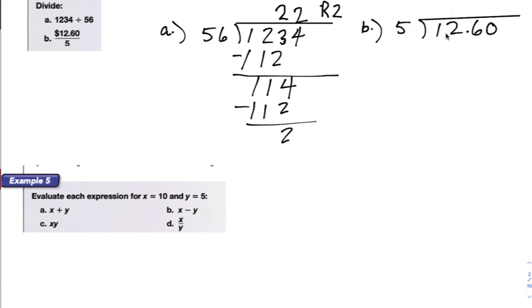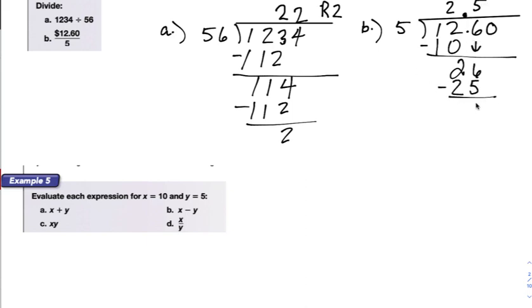5 can't go into 1, but 5 can go into 12, so we're going to start our work there, making sure that we put our first digit over this 2. 5 goes into 12 2 times. 2 times 5 is 10. When we subtract, we get 2, and then we're going to bring down the 6. I'm not going to bring down the decimal point, but the decimal point needs to be up here on the quotient line. So now 5 goes into 26 5 times, because I know 5 times 5 is 25,